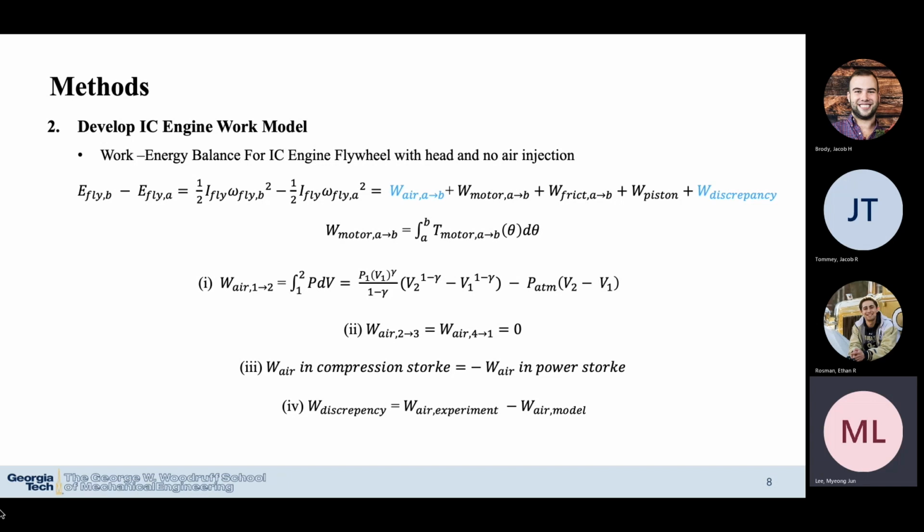On equation 3, due to no air injection, the work done by the air in the compression stroke is the negative of the power stroke. Equation 4, the discrepancy work, can be calculated by subtracting the work done by the air by the model from the work done by the air by the experiment. The work done by the air by the experiment can be calculated by applying the numerical integration over the angular